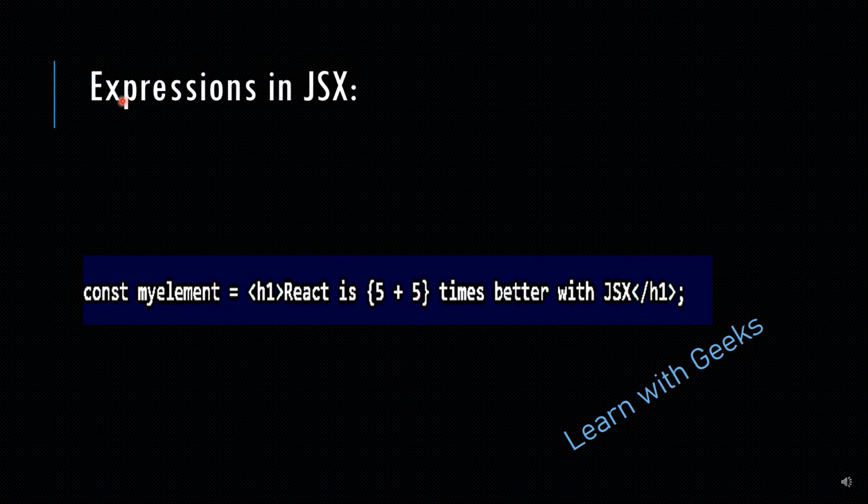If you are familiar with expressions in JavaScript, then you know how I write it, 5 plus 5. It's an arithmetic expression, then "times better than JSX". When I execute this code, it automatically gives the output: React is 10 times better than JSX.